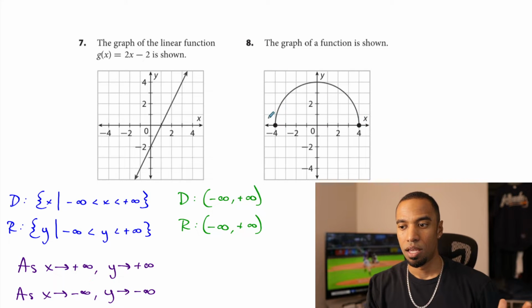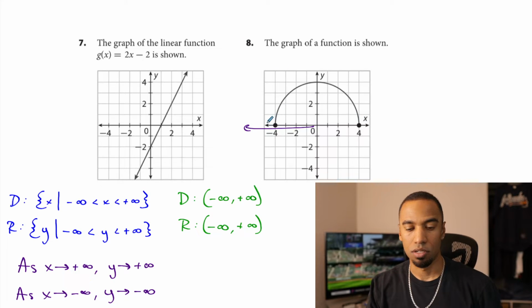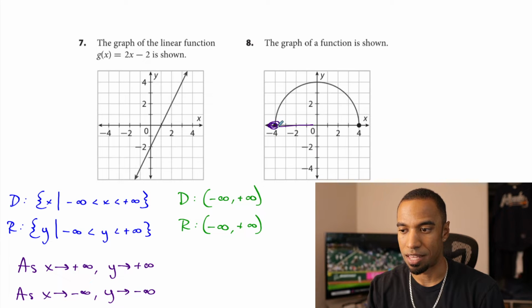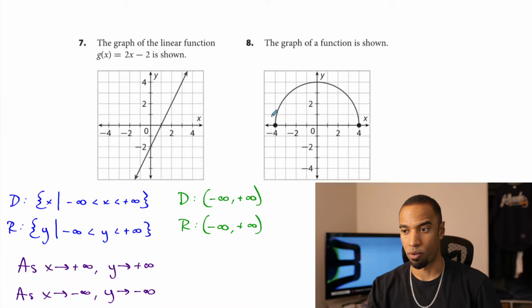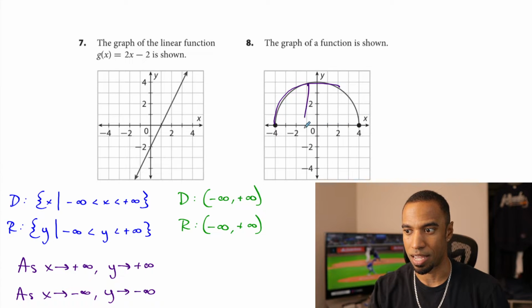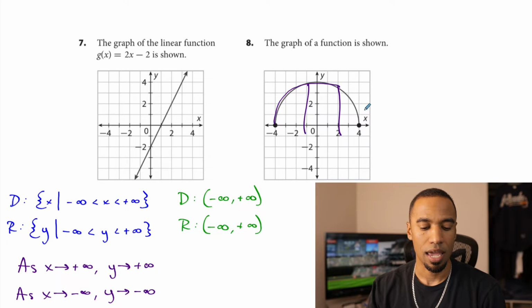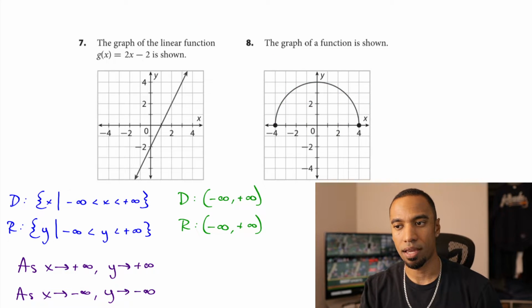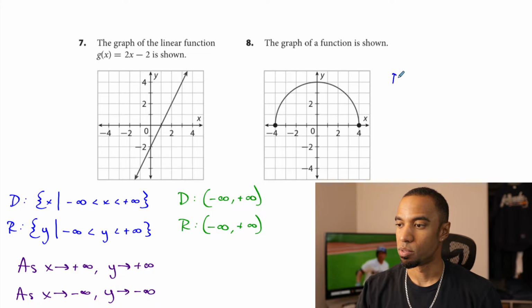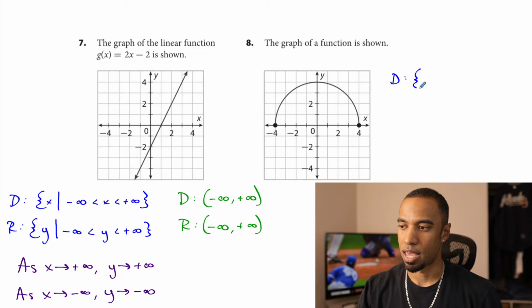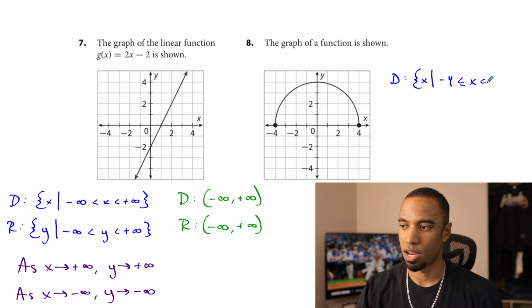So domain, does this graph go forever left? No, it only goes as far left as negative 4, and it goes as far right as positive 4. So the domain is restricted from negative 4 to 4. Now every point in between counts, right? It hits negative 1 and it hits 2 and it hits all those values there. So x goes from negative 4 to positive 4, including those two. So in set notation, that looks like the set of x's such that x is between negative 4 and positive